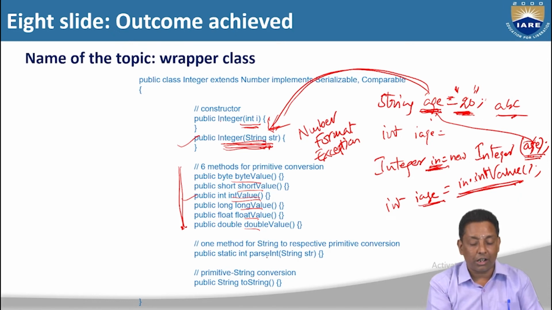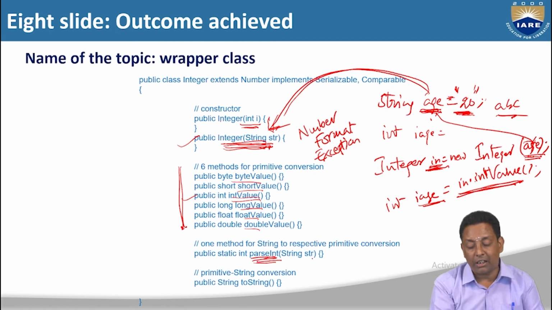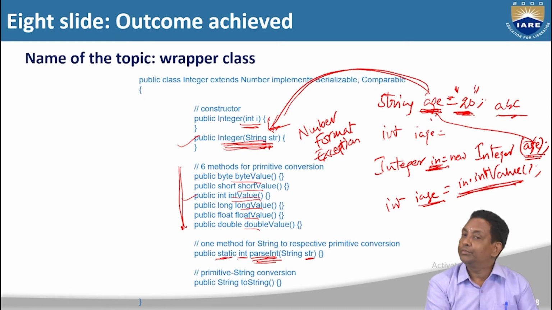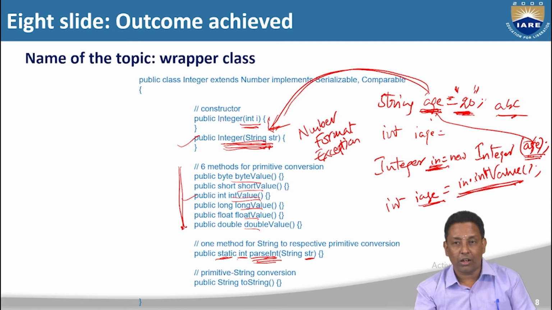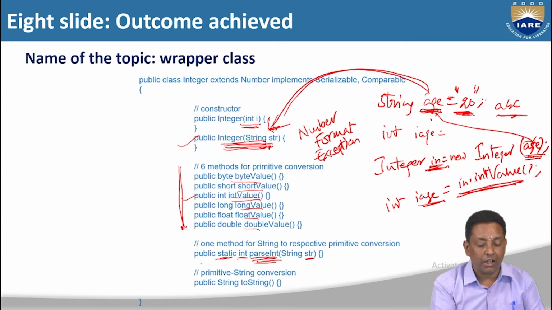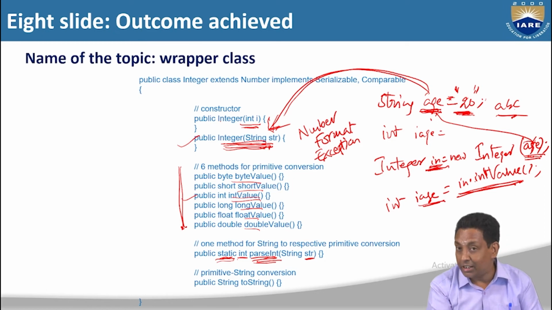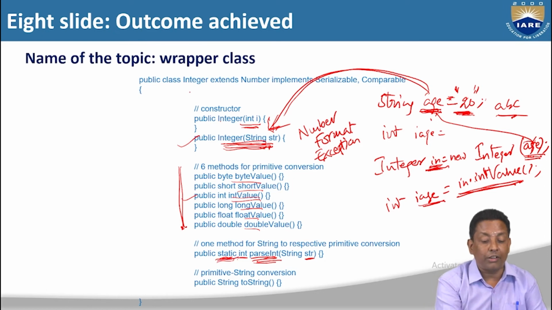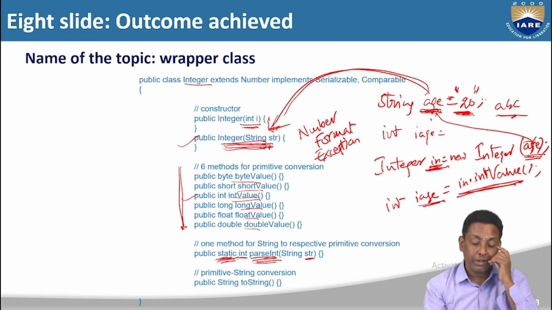The shortest procedure makes this conversion easier. In the integer class, there is one more convenient method given called parseInt. Look at this parseInt method. The parseInt method takes a string as a parameter and returns an int, and it is of type static. We'll discuss static and non-static methods later on in the Java programming structure. Here one thing you must understand: if any method is declared as static, it can be called directly with class name dot method name. That means in order to call this parseInt method, you don't need to create an integer class object.